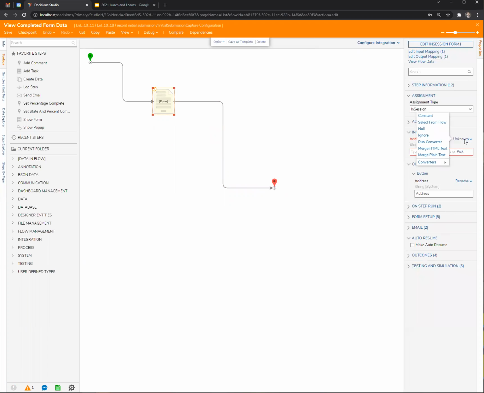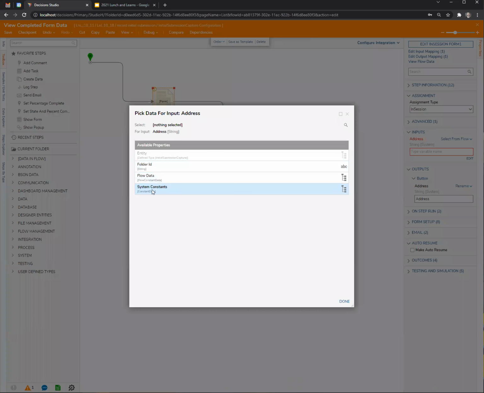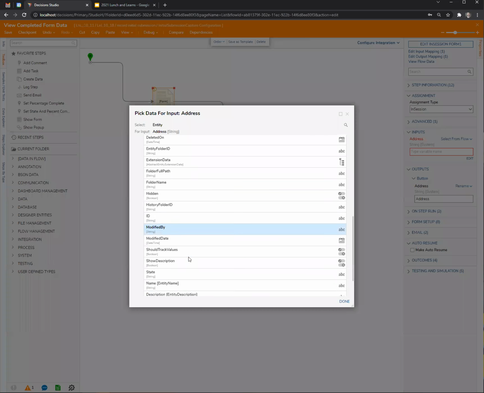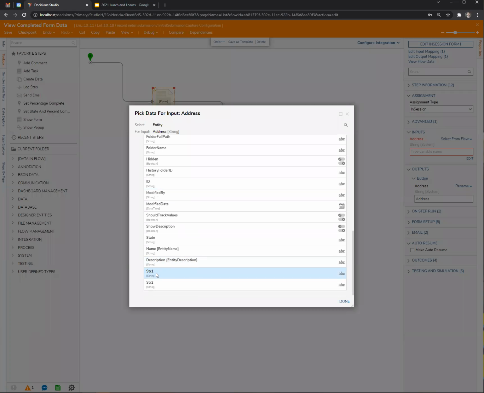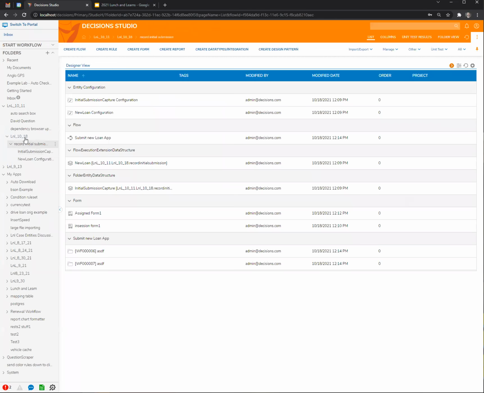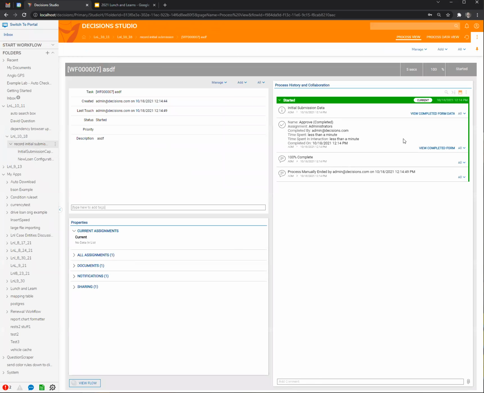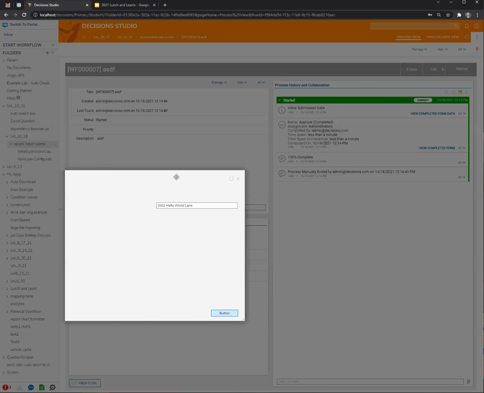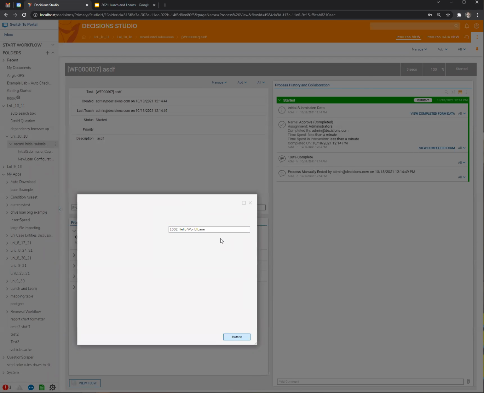And I'm going to map in my entity str. Oh, I didn't save it. It's not going to show me anything, is it? str1. I might have to rerun this again. If I then come back, and I'll walk back through this in more detail for you. If I come back to 007, I now have a view completed form action. I can run that. Oh, look at that. I did map it in. Good. And I can see 1002 Hello World Lane, which is effectively, it's not exactly the same, but